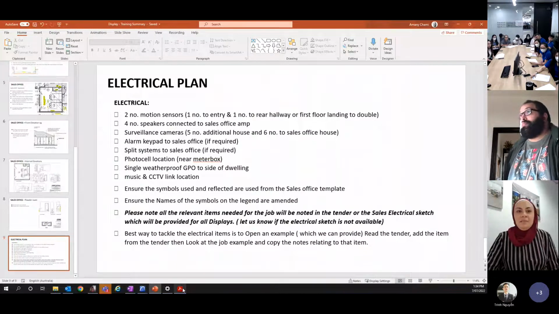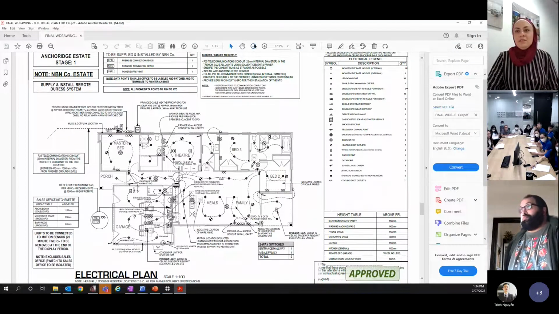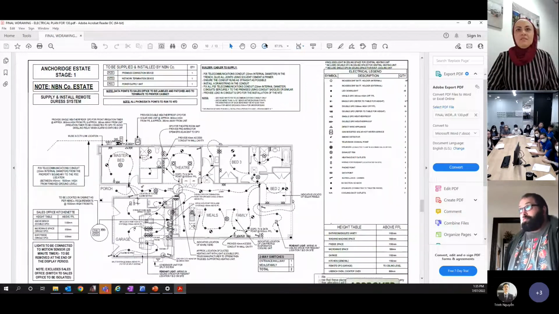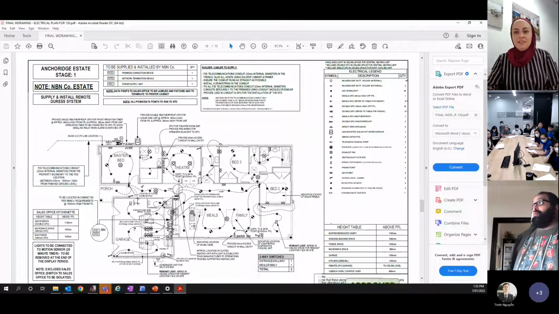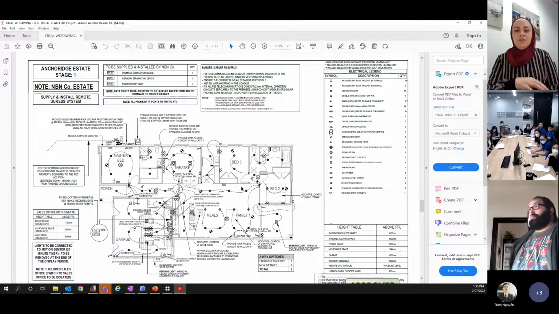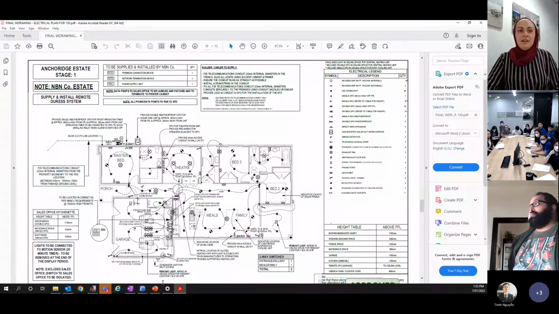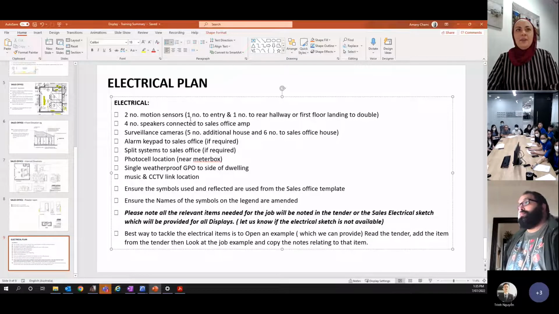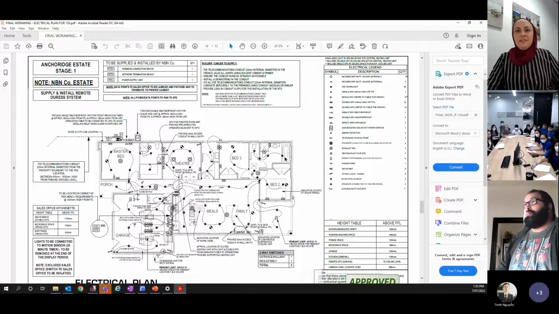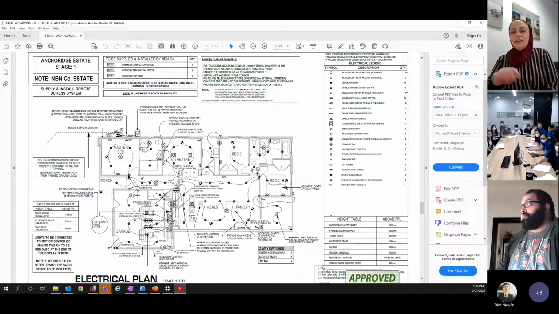Alrighty. So this is an example of a display home electrical plan. It is quite in depth and there are a lot of items, but a lot of these items will be in the tender. Every single job also has electrical plan markups. We'll go through it a bit later on, but there'll be an electrical plan markup and you just add it as per the markups and the